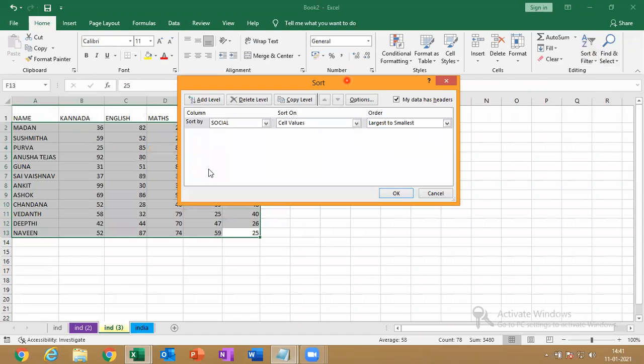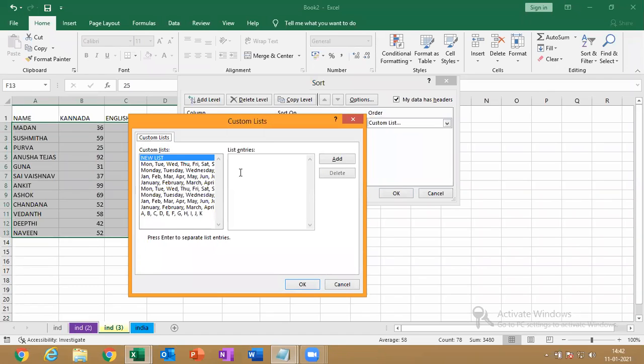Here you see, sort by what? It's taking social by default. So we can change sort by maths, on cell values, cell colors or font colors. Cell values, we don't have any colors. So go for order. The order I want is largest to smallest, smallest to largest, or custom list.